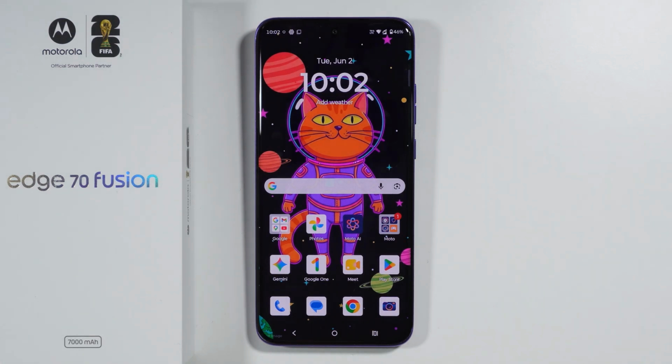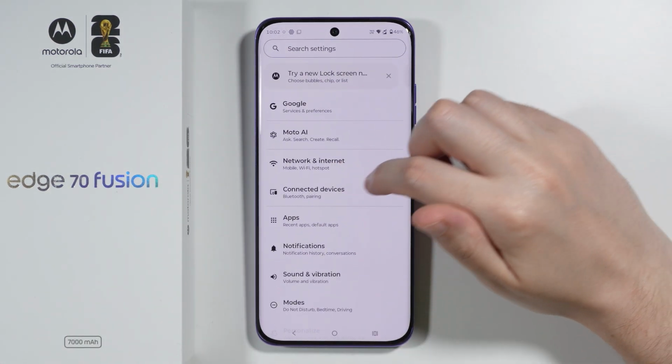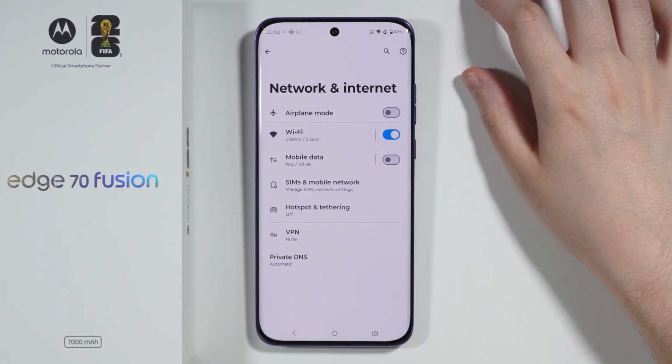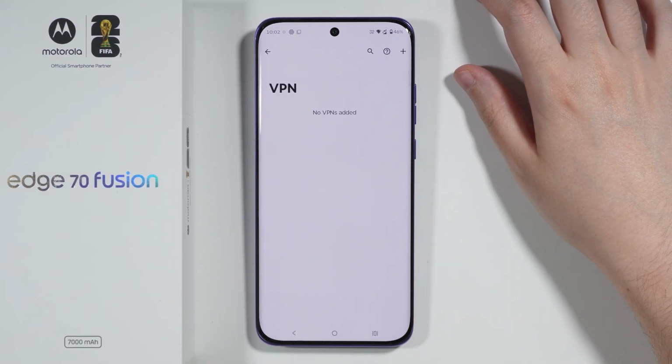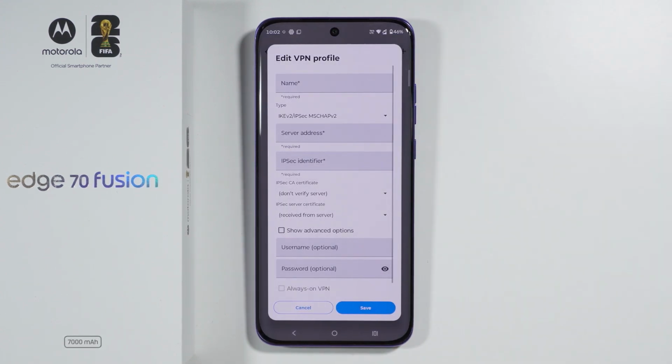If you want to set up a VPN on Motorola Edge 70 Fusion, first we can open Settings. Over here in Settings, we should be able to proceed to Network and Internet, and then here we have the VPN option. Now you can use this plus button in the upper right corner in order to create your first